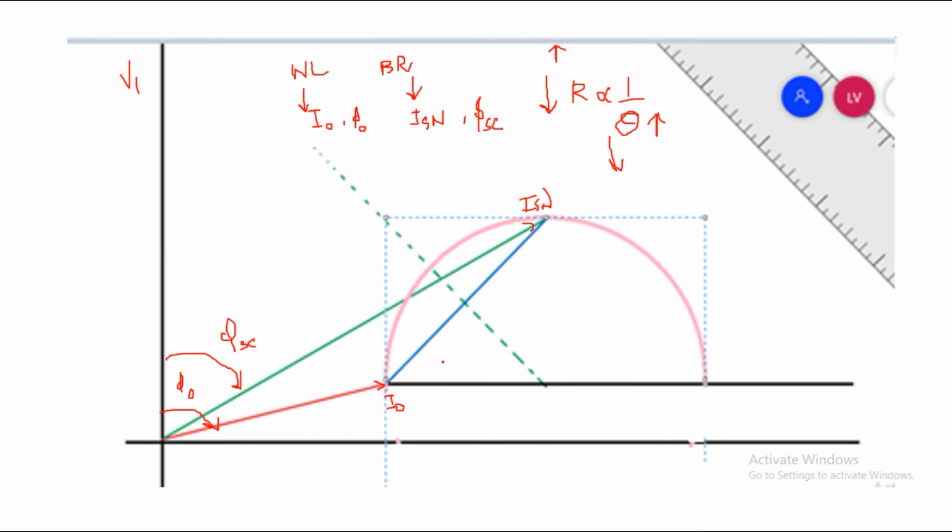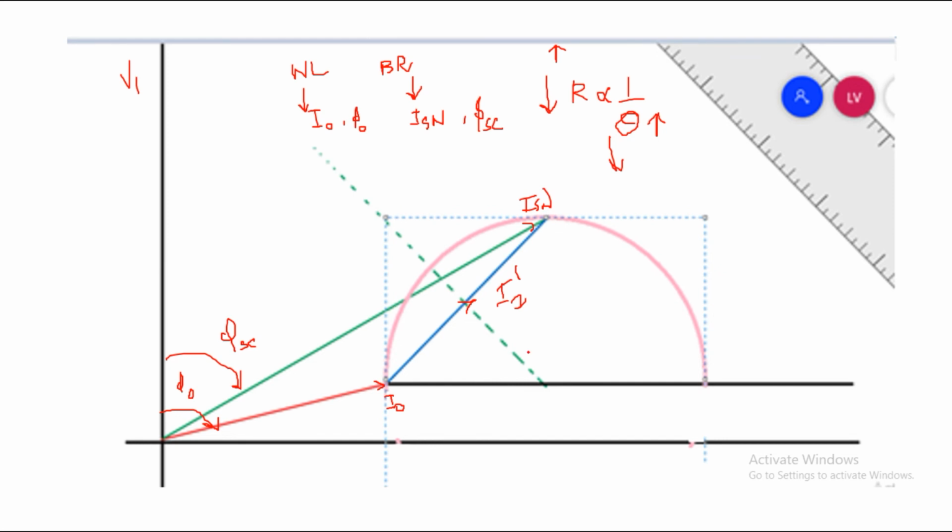So now what we are going to do is apply the triangular law for finding the resultant current phasor from these two current phasors. By adding these two current phasors we can get the resultant current as I2 dash, that is the rotor current referred to the stator. We know.